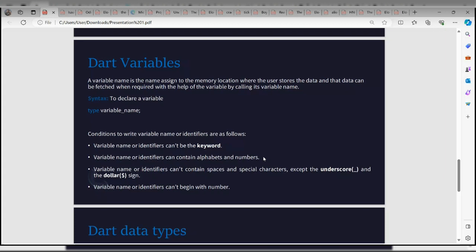So we can have numbers as the second letter or whatever in your variable name, but it must not begin with a number. The variable name must not begin with a number. So these are the rules in creating or naming a variable.